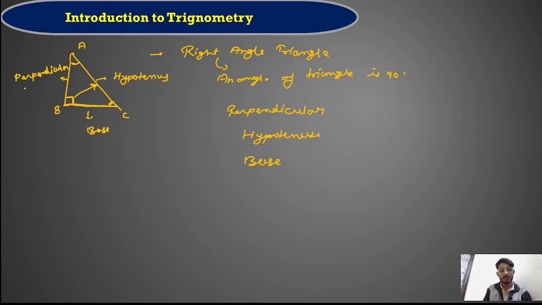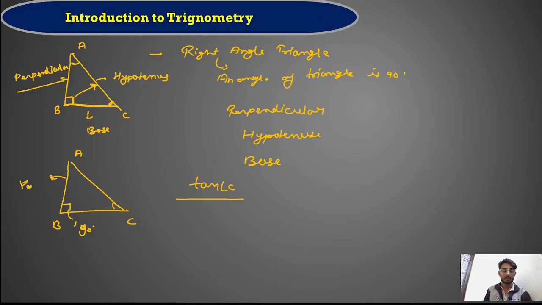That means if you have a triangle ABC and you have to find tan C, it means basically you are talking about angle C, and there is the angle B which is of 90 degrees. Then the side opposite to angle C is known as perpendicular, and I will write it by symbol P. The side opposite to the 90 degree angle is called hypotenuse, and the base is where the angle is formed. It means BC is known as base.